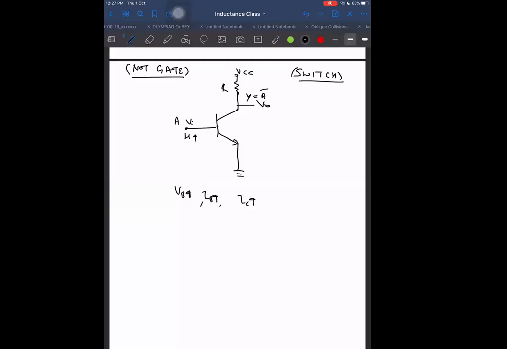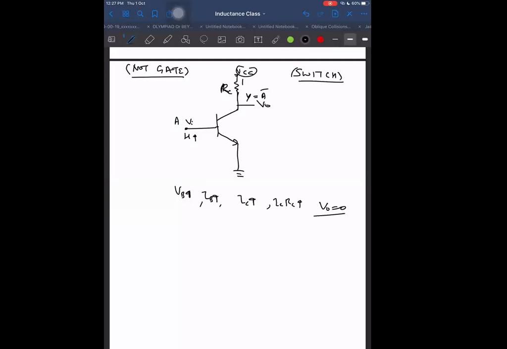VB, IB, IC. IC increases, then IC into RC increases. IC into RC increases, then the voltage drop increases. Then it may happen that the total voltage drop of VCC here will be dropped completely and it will become 0. Then V output may become 0. May become 0. I am saying that always it will not become 0. But it will definitely become 0 if it is acting in saturation mode of operation.